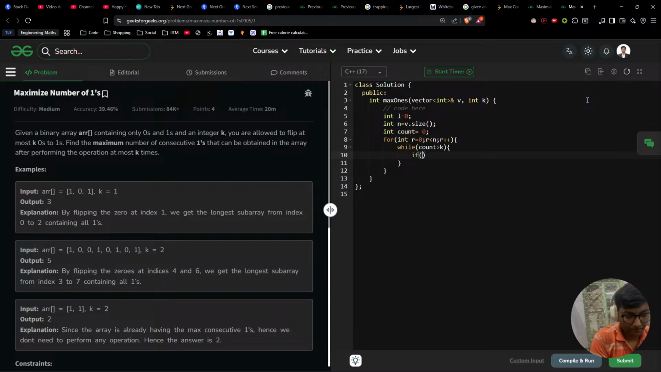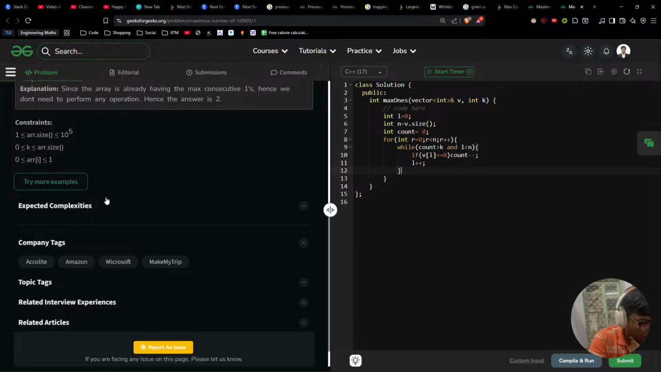So if v of L equal to 0, count minus minus, and L plus plus. And of course, L has to be less than R, right? K is, I believe, at least 1 or 0. So if count is greater than k, then it's an issue. Otherwise, I will just